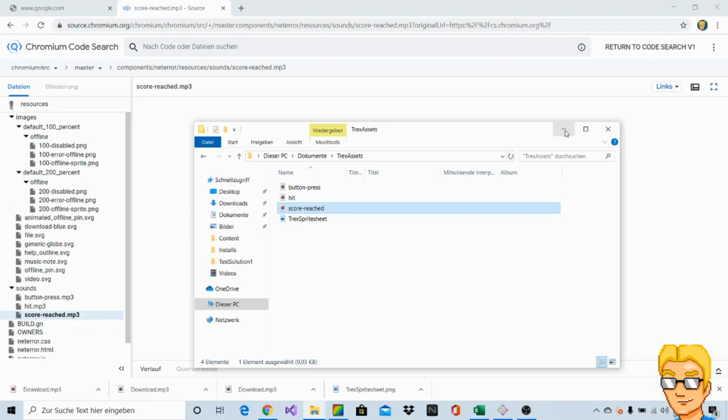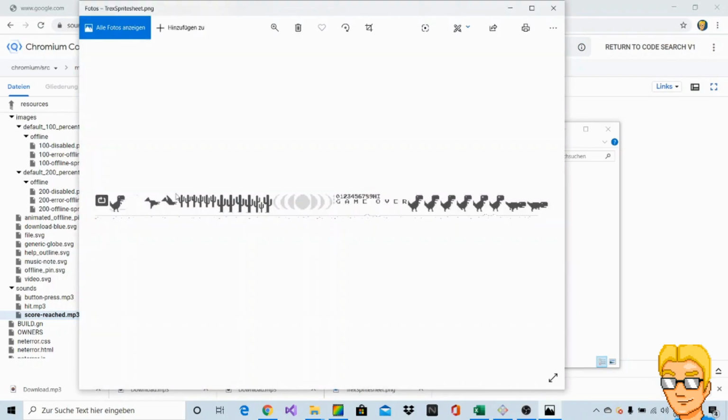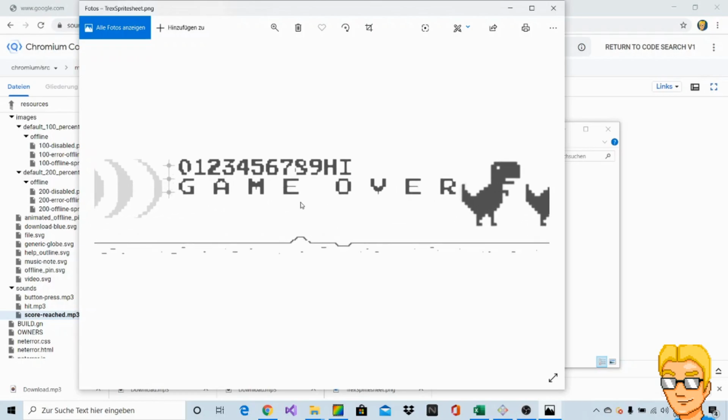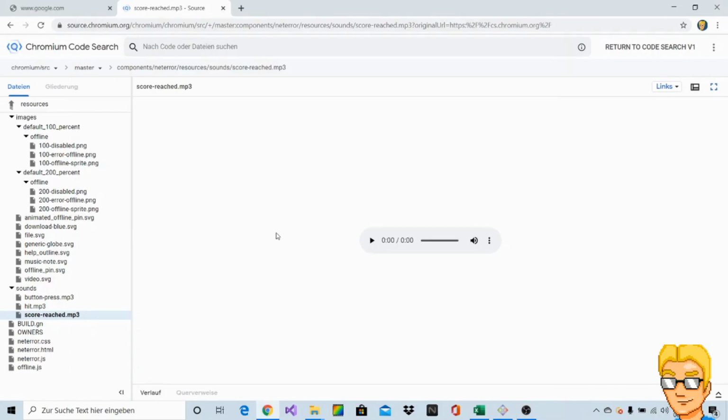Okay, so I think these are all the assets that we need for the game, because the sprite sheet actually contains every single sprite that we need. So we now have all the assets that we need. What else do we need? Obviously, we need